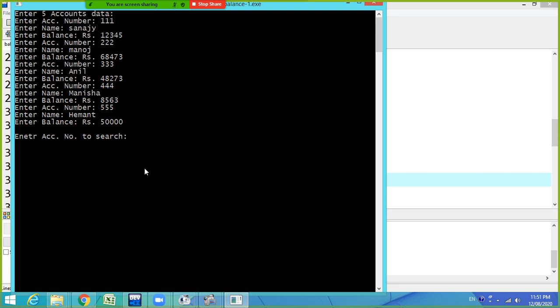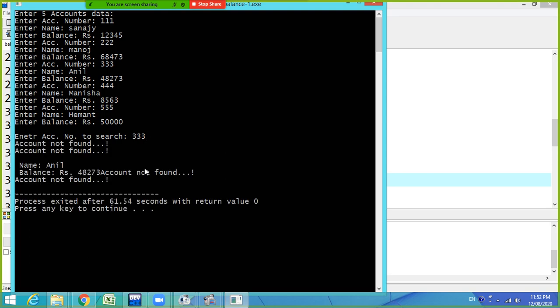Now account to search. Again I will enter 333 suppose. So see here, your loop is going to execute 5 iterations compulsory. It will not break even though the account is found.